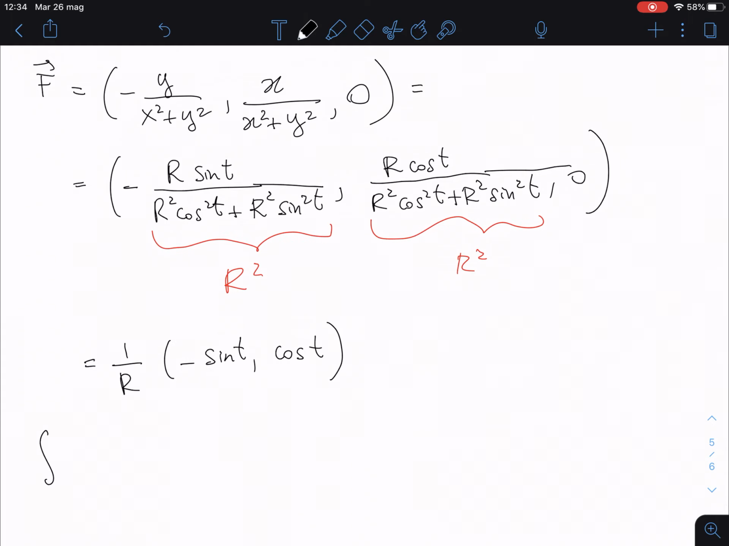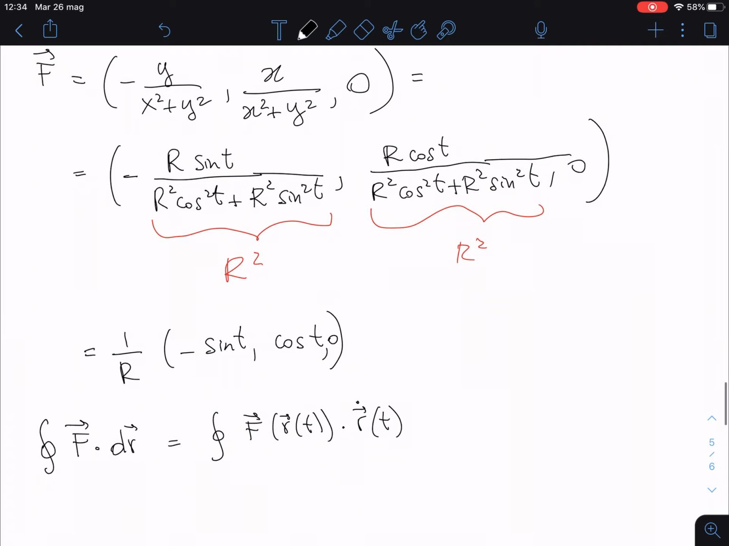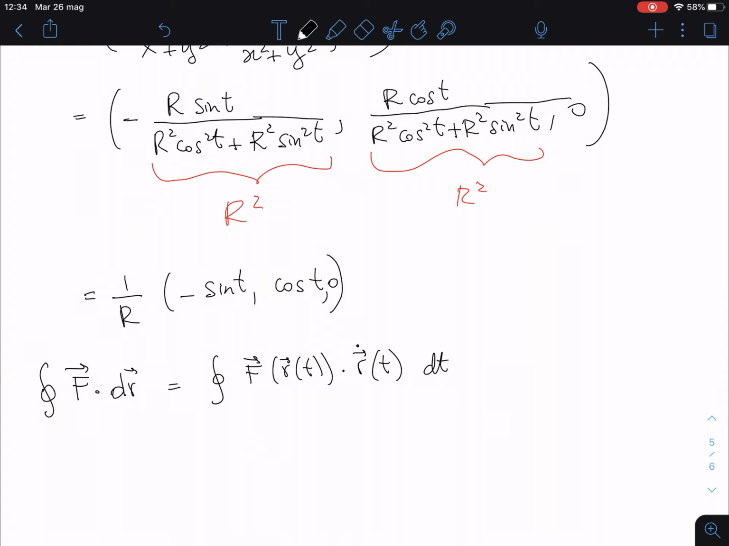So now if you want to compute the circulation of f on this circle, sorry, here there is a 0, we have to write down f of r of t times r dot of t dt, and of course from 0 to 2 pi, and here you have the integral from 0 to 2 pi of 1 over R, minus sine t, cosine t, 0, this is f, dot